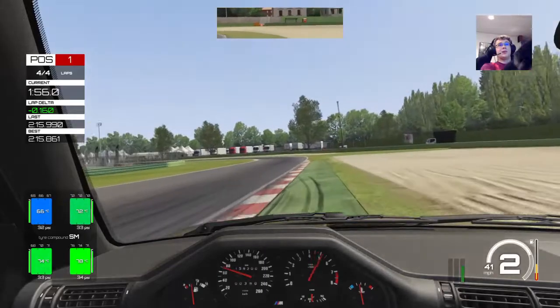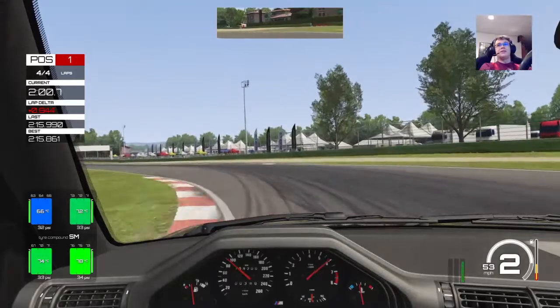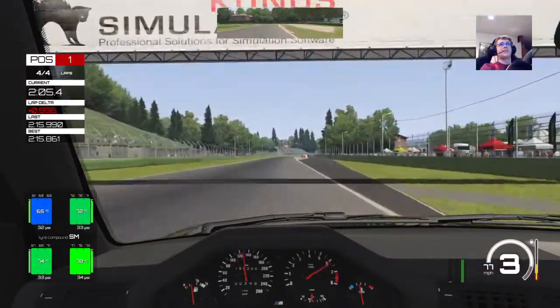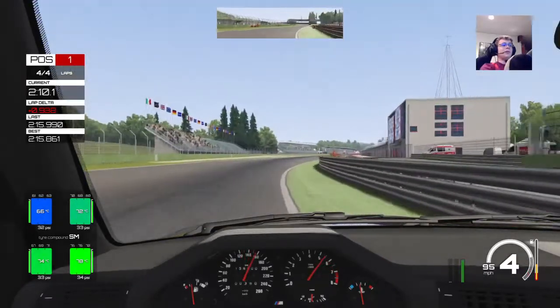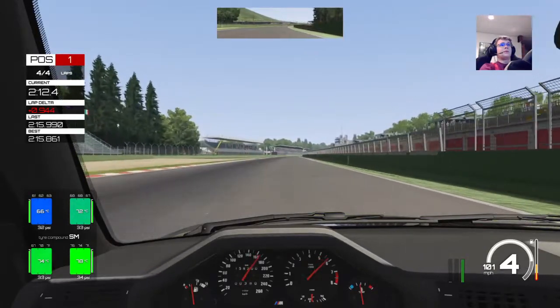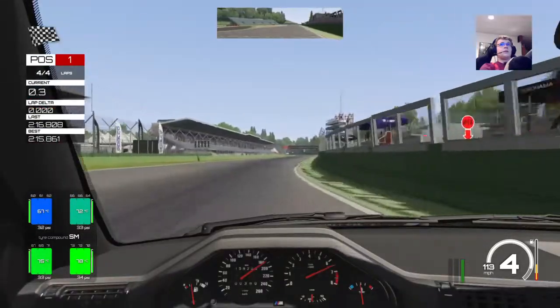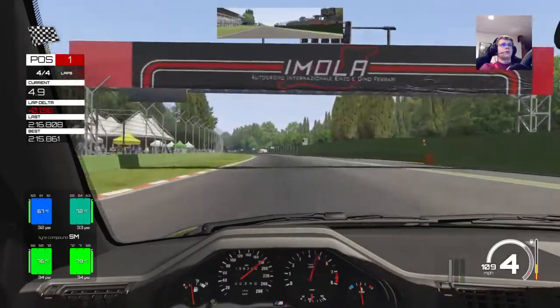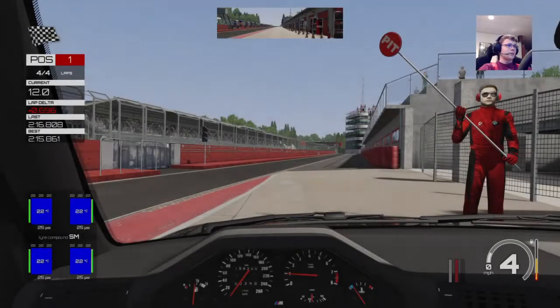That corner is just whoa. I cannot get that right. Lost a second there. That was on to a lap record as well. Darn. Well,